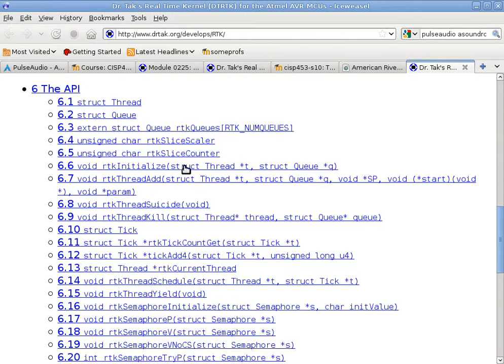Last time we started to talk about this already, how to get the real-time kernel started. With this one, we have an RTK initialize, which initializes the real-time kernel itself to basically have all the data structure related to threads pre-initialized, and it will also associate the main function or whoever is calling RTK initialize to the very first